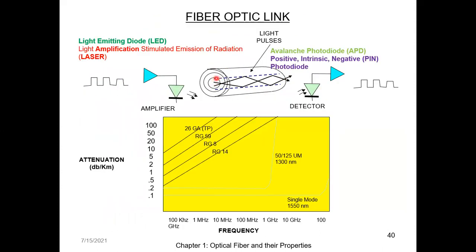So here is the core of the fiber. If I take that single strand of fiber, the light is transmitted through the core. Outside the core I have the cladding, immediately outside the core, and then outside that I have the jacket. So these are the 3 layers: core, cladding, and then jacket, and then there is a series